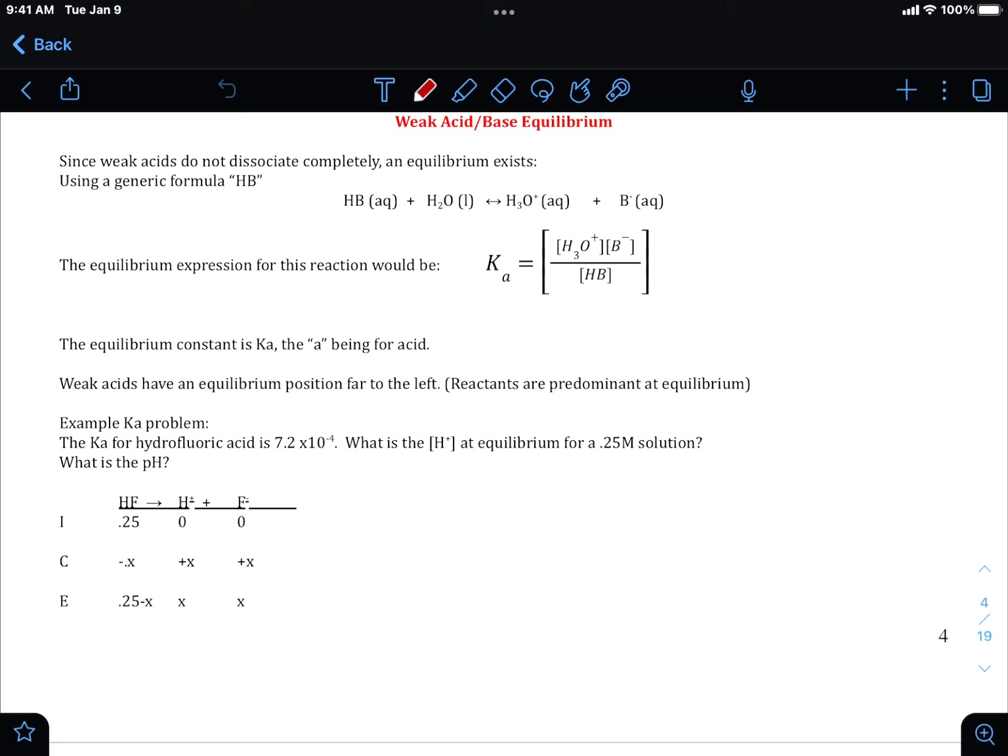All right, so today we're going to talk specifically about weak acid and weak base equilibrium. We kind of touched upon this in the last lecture, but we'll go over it formally here. Remember we talked about strong acids and how strong acids dissociate completely? Well, a weak acid,